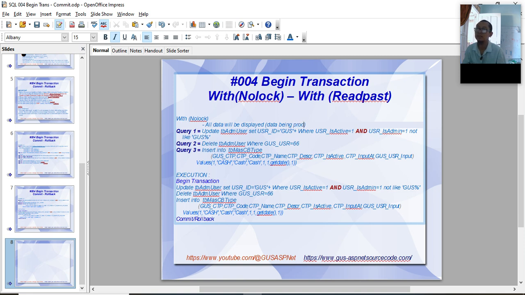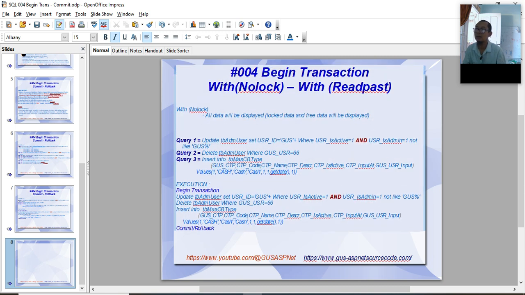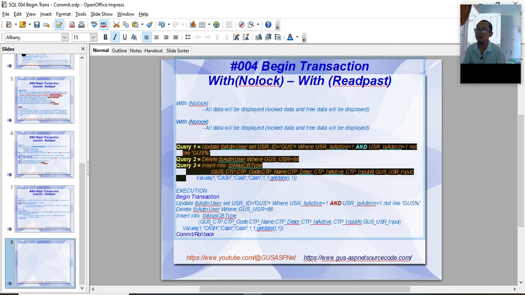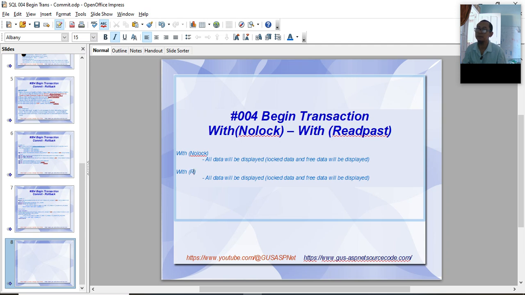Being processed. Sorry, both locked data and free data will be displayed. With read past, only free data will be displayed.